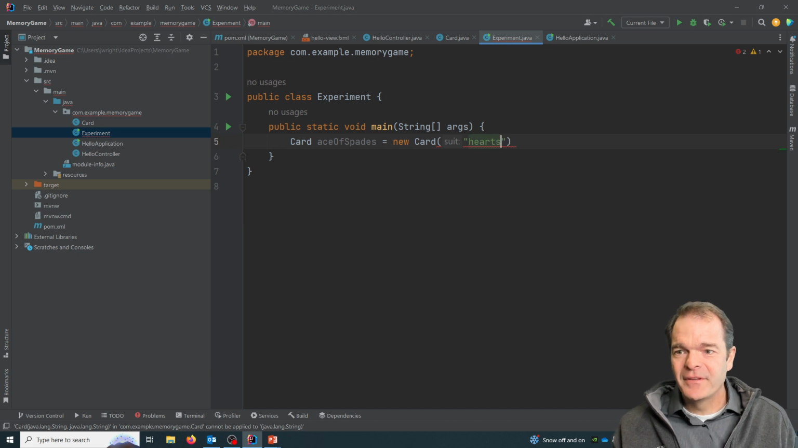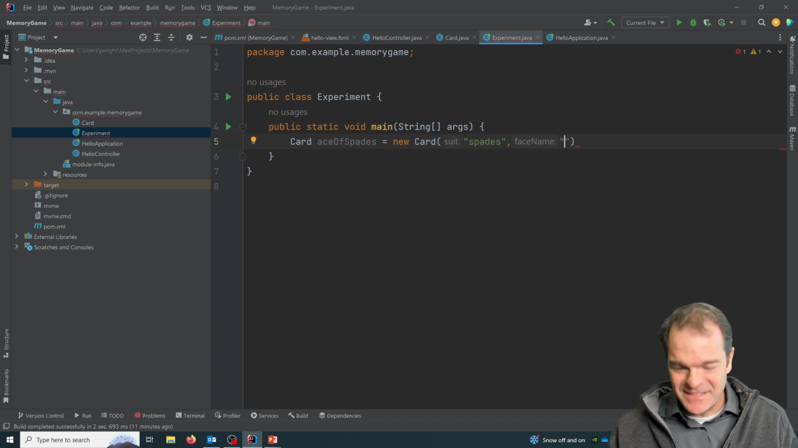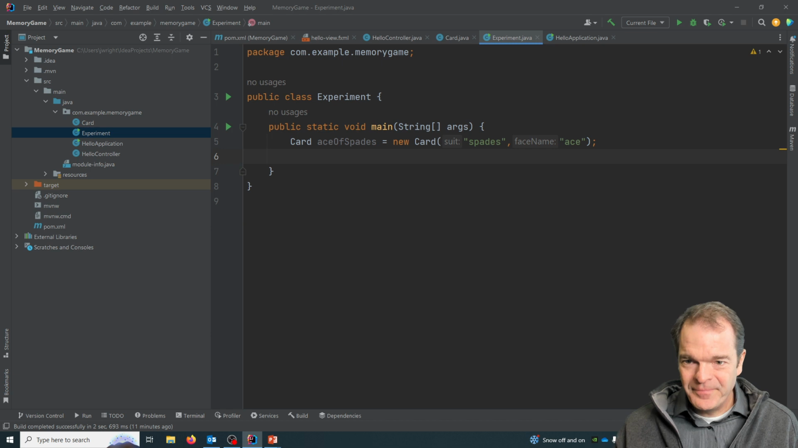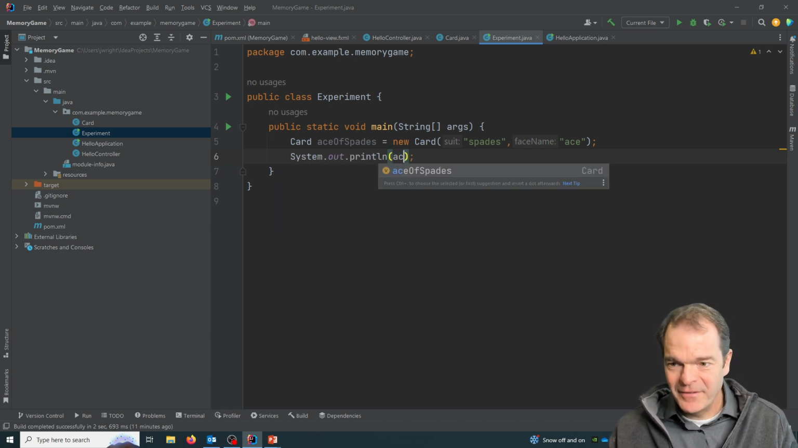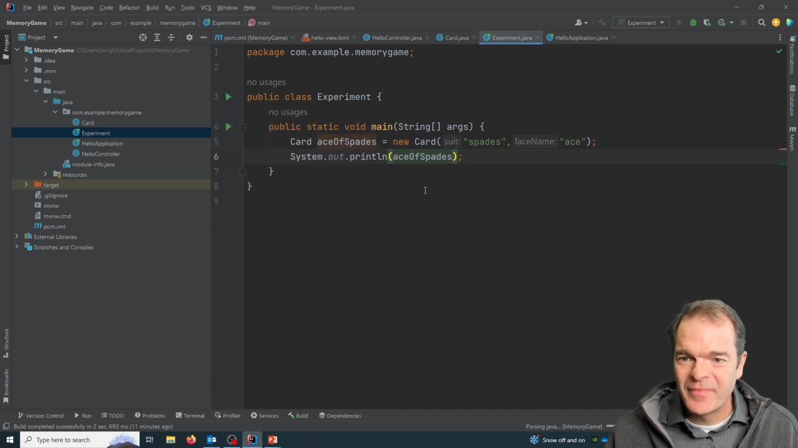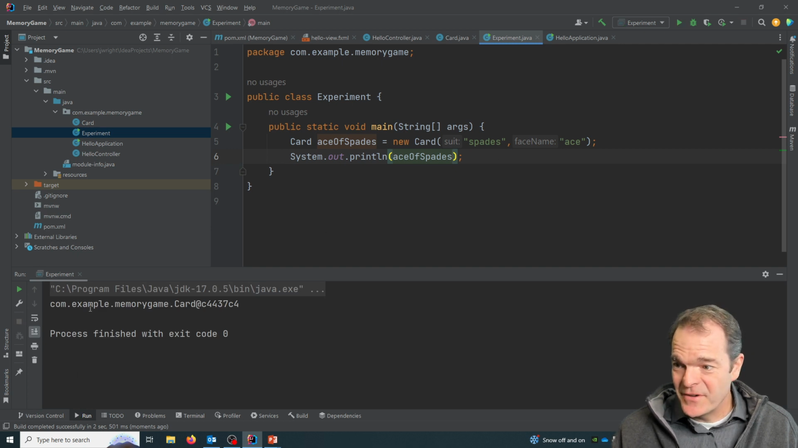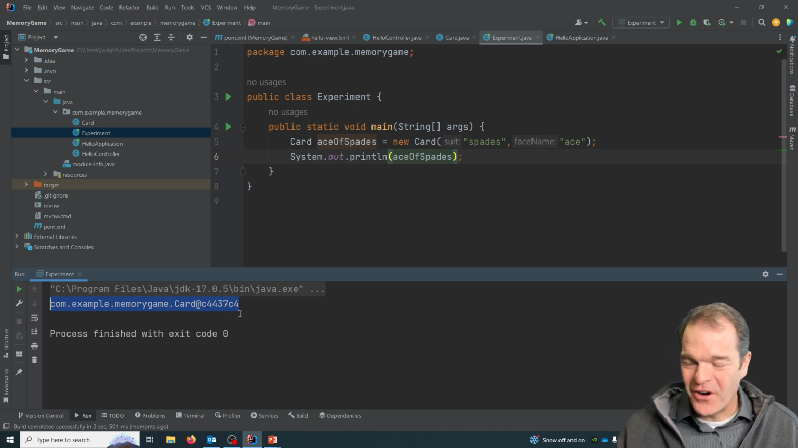So I'll say hearts, or I guess I said spades in this one, so I'll say spades. And the base name is an ace. So if I run my validation, I'll just print this thing out for now, the ace of spades. This creates an object. It doesn't have a very nice description, but it does create an object. It's a card object. You can see that here. And if we wanted to display it a little bit nicer,